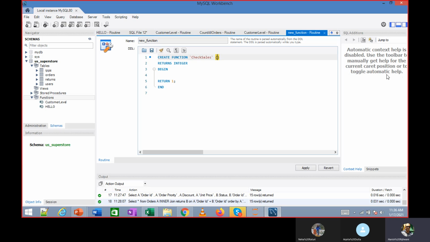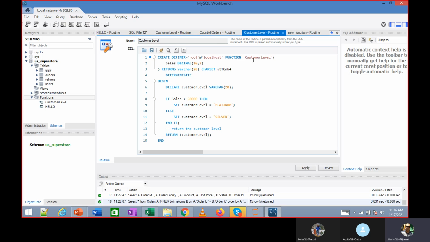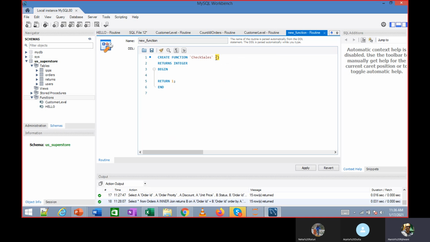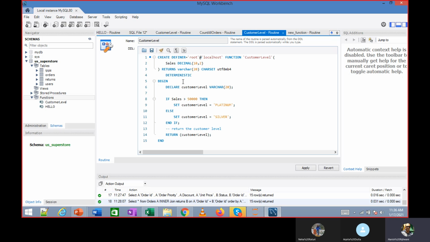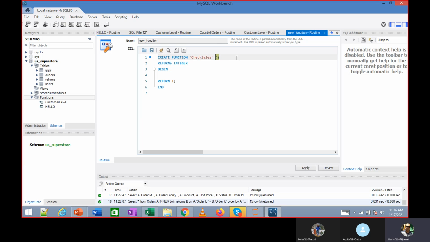So I'll take an input over here. I'm changing the name to check sales. This check sales is the name of the function. In this bracket, I can say what values it takes. It takes sales. My input is sales.